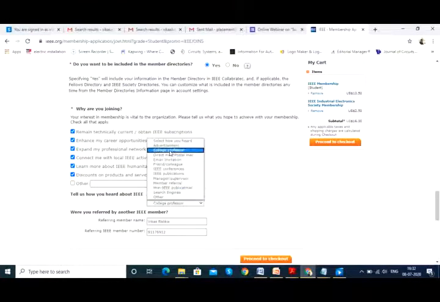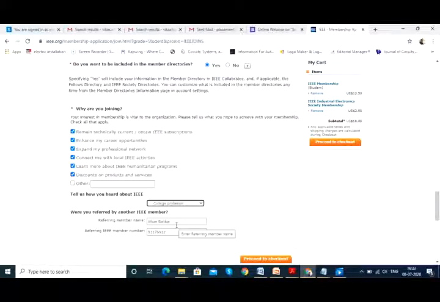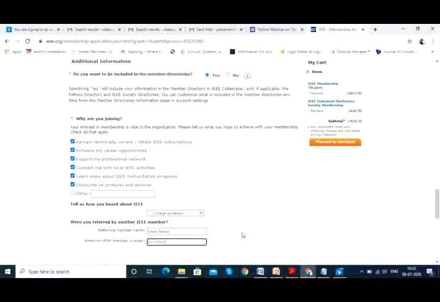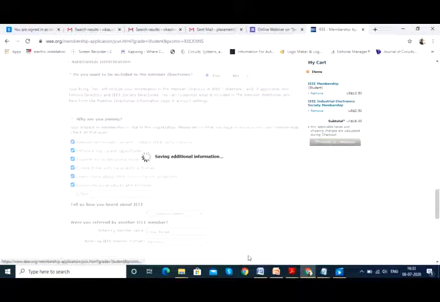You can select the college professor who has referred you to become an IEEE member. You can just type my name, Vikas Balikai, and after that it is going to ask my membership number. So that is Professor Vikas Baleka's membership number. This is my membership number, 911766912. You can just type this over here, and then you can say proceed to checkout.